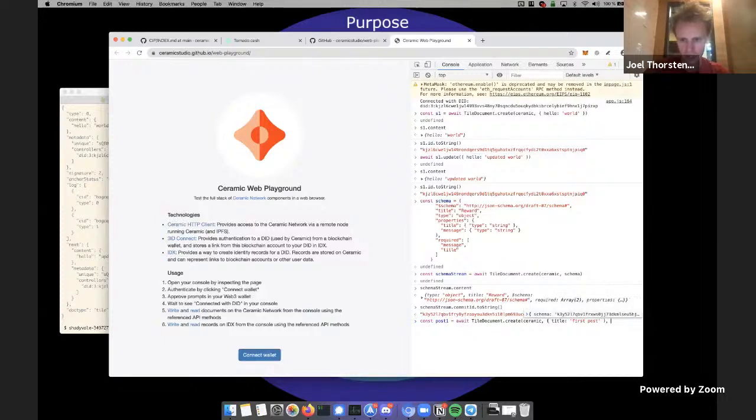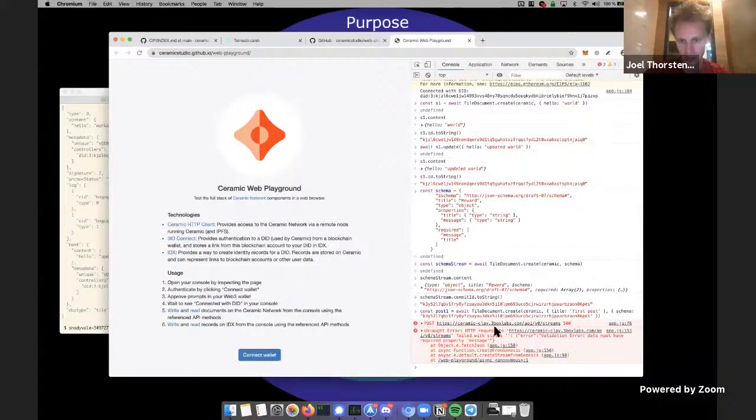Now, this is the content. So first we pass Ceramic, and then we pass the content. But now I can also pass some additional metadata. So I'm going to pass schema, and I'm going to make that schema the commit ID we got from above. I'm going to add that there. And now I'm going to try to create this post one.